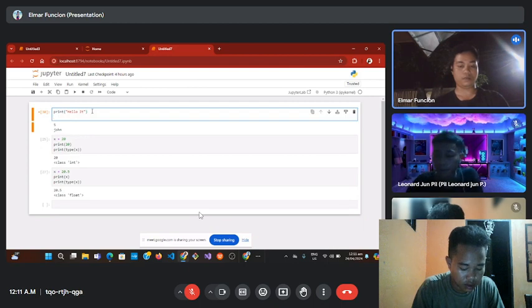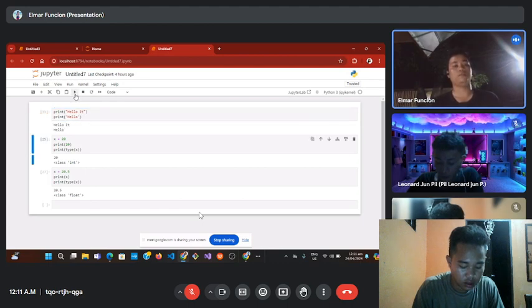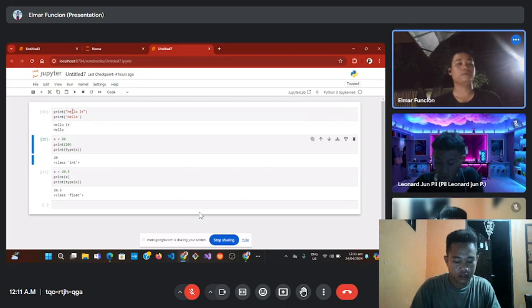Another one is print. These strings can also be written with double quote or single quote. Single quote hello, and let's try to run this one. There you go. So this is the string.